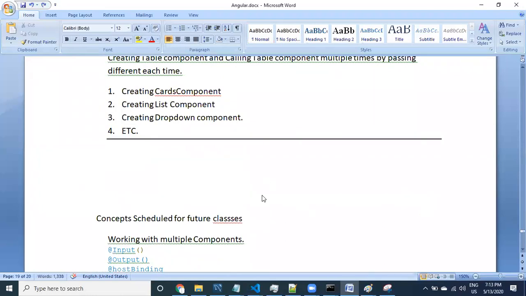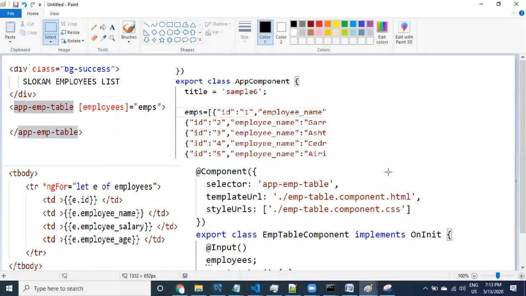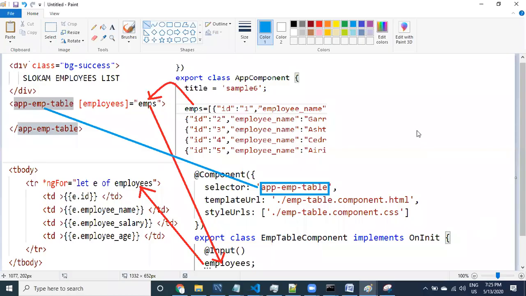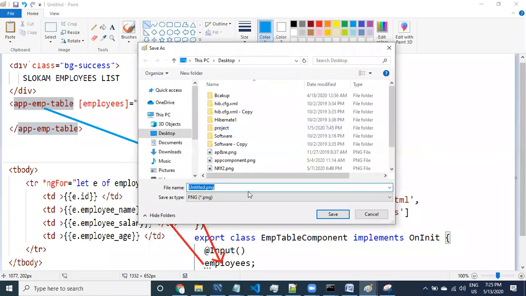I lost this command. Okay, let it begin. So this is the relationship. Actually what's happening, one second guys. This diagram is going to help us. Let us look at it guys.